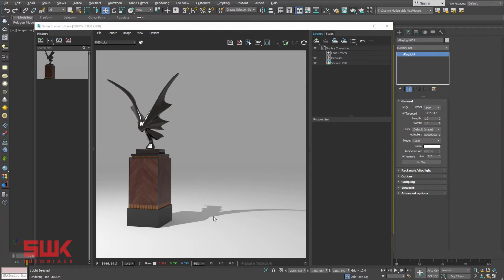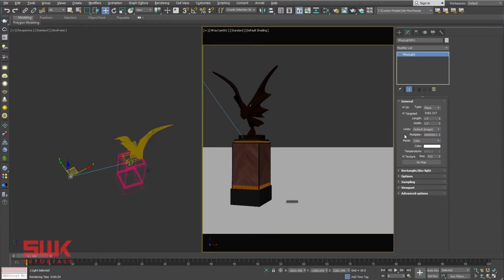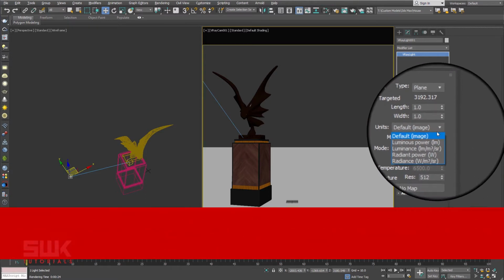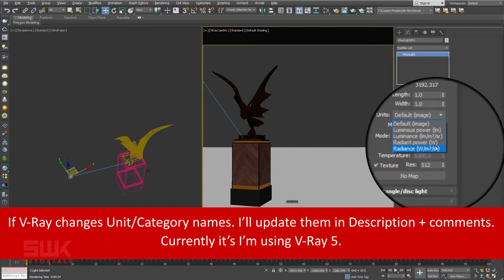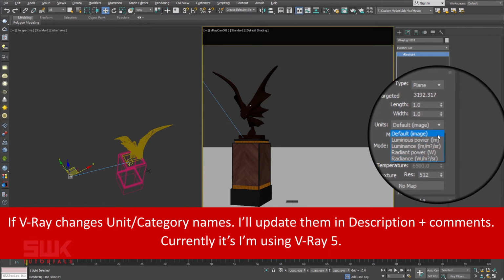Now before we make soft shadow or blurry shadows, we need to understand light units. V-Ray light units can be divided into two categories. Currently, I am using V-Ray 5. In future versions of V-Ray, if there is any change in it, I will write it in my description.